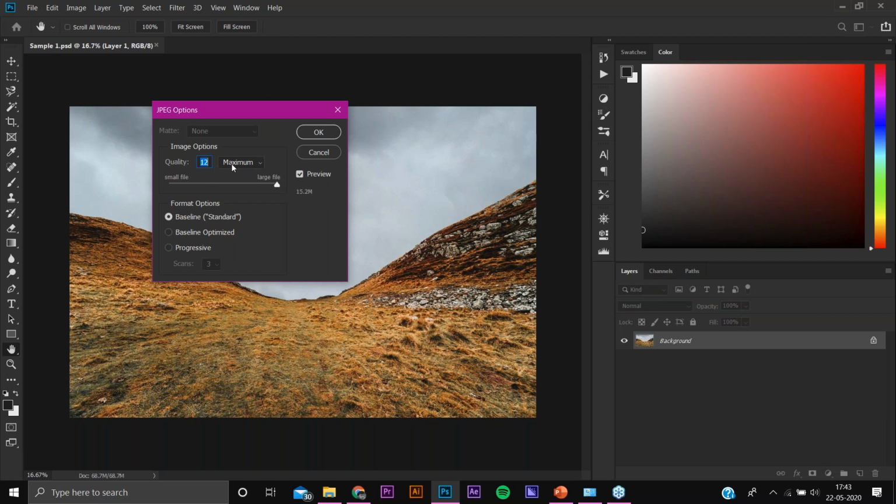If you install Photoshop for the first time, first thing while saving it, make the quality maximum and make the file as large as possible, because it will keep the details of your photo very well while saving, and there will be no compression limit. Say okay and it would be saved.